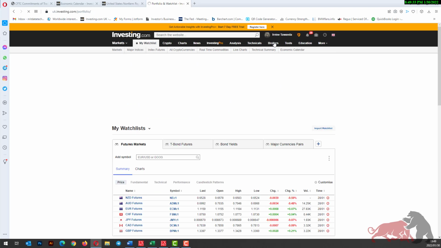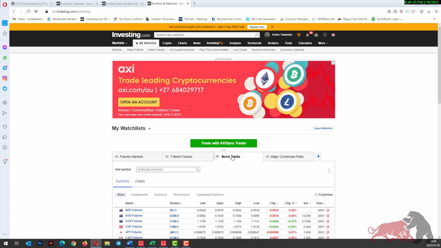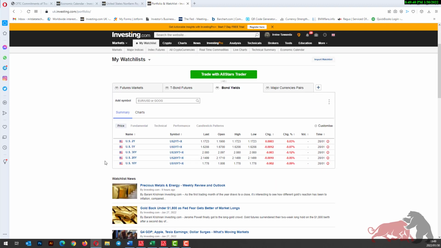How is the 10-year yield performing? How is the 30-year yield performing? How is the 5-year yield performing? Any divergence on these long-term interest rate markets will help you in your decision on what directional bias to take